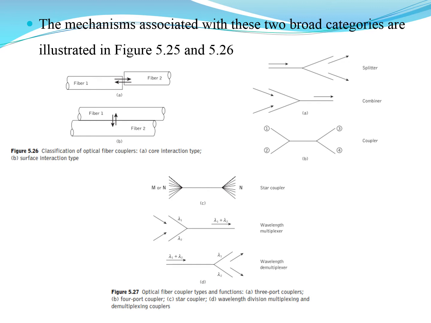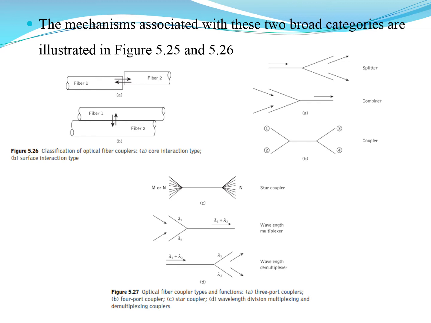So we have a main fiber from which we are going to distribute the light into two branch fibers, which is called a splitter, which means that the light is split from the main fiber into the branch fibers. Similarly, in a combiner, the light from the branch fibers is combined into a main fiber, so that the light from different branch fibers gets combined into a single fiber, which is a combiner.